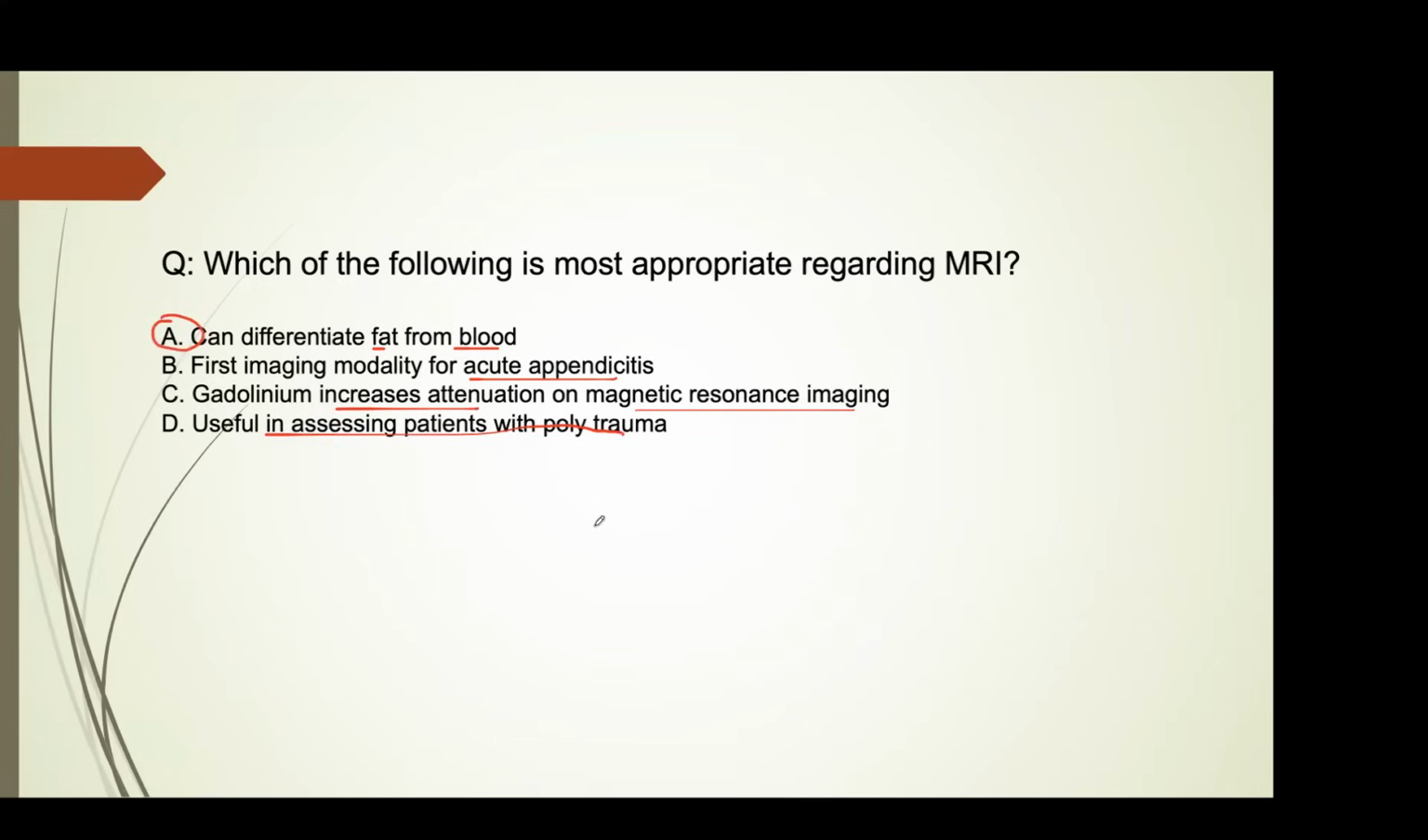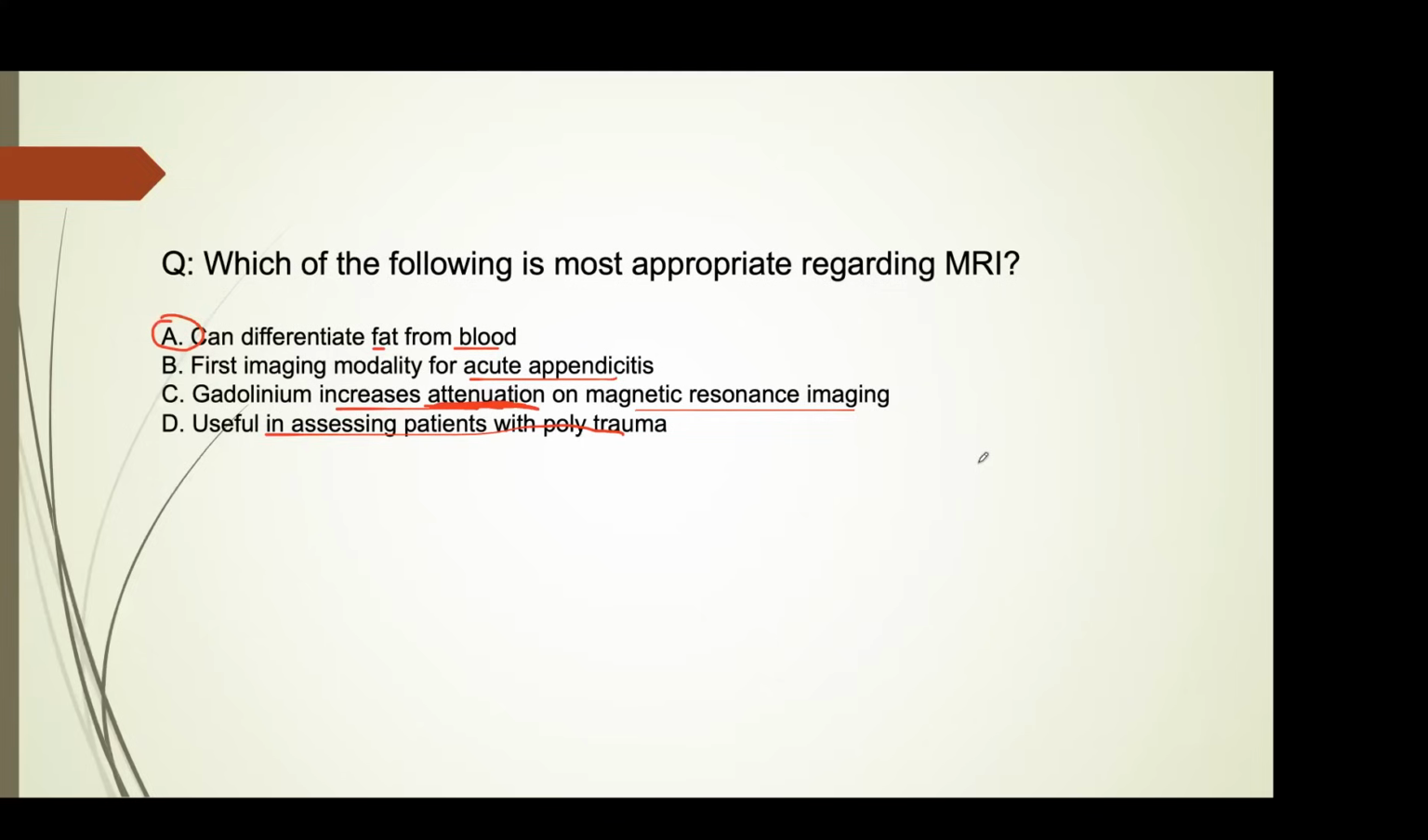And so the thing about C is that gadolinium might appear very bright on MRI, but it's not going to increase attenuation. Because remember, MRI doesn't use attenuation in the first place. When we talk about attenuation, we're usually talking about something like ultrasound or CT scans, right? Whereas with A, like we mentioned